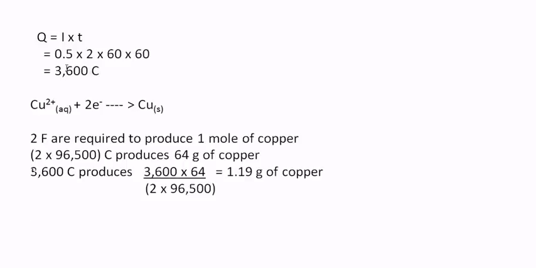Now, the first thing we need to do is calculate the charge flowing through the circuit. They gave us the current as 0.5 amps and they said 2 hours. Now 2 hours, we need to convert the 2 hours into minutes and then the seconds. So it'll be 2 multiplied by 60 multiplied by another 60, right? Because 1 minute equals 60 seconds and 60 minutes is 1 hour, right? And we also need to write the half equation,